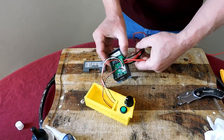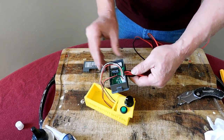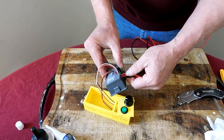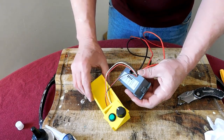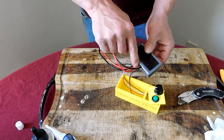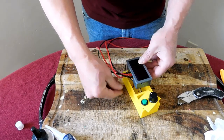Wires all connected to the controller. Real simple, just a screwdriver. We can clamp these back on. Little cover. Okay, now this is important. The LED readout faces this direction, the same way the wires come out. To read it so it fits in the...